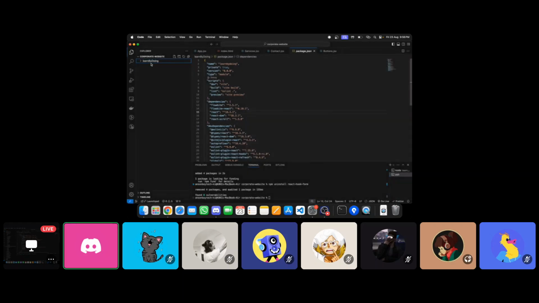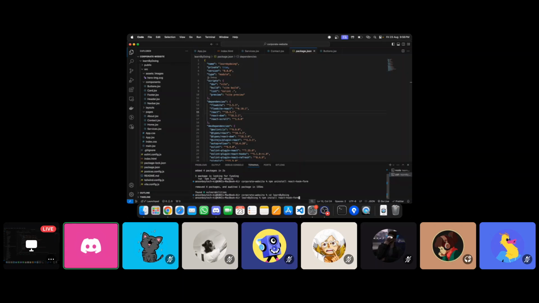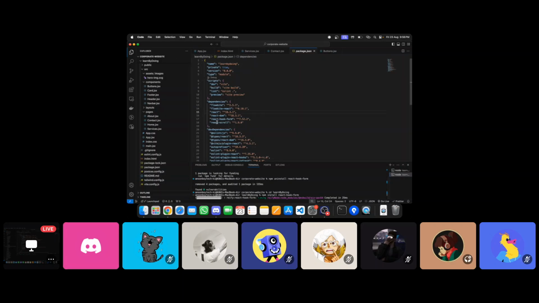Actually, all our files are here, so we should change this directory, and then we can see that we have useForm.